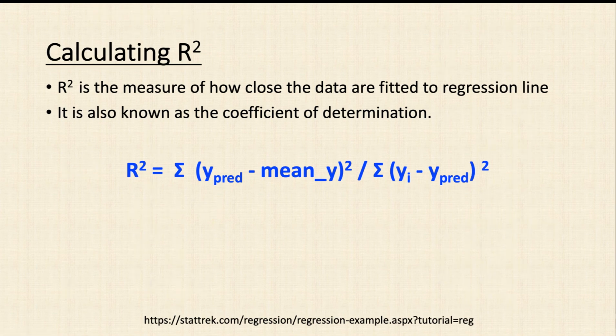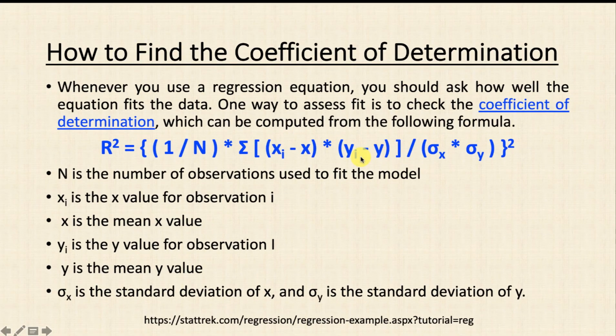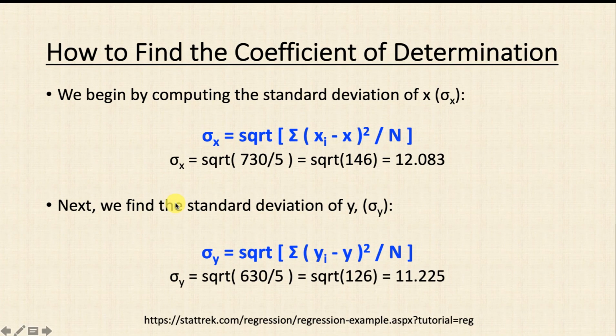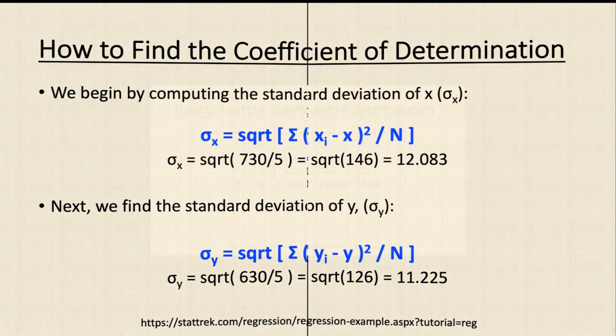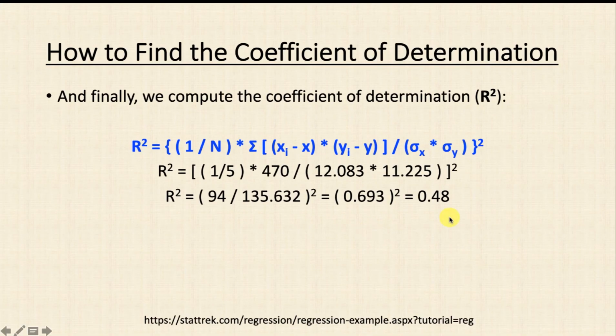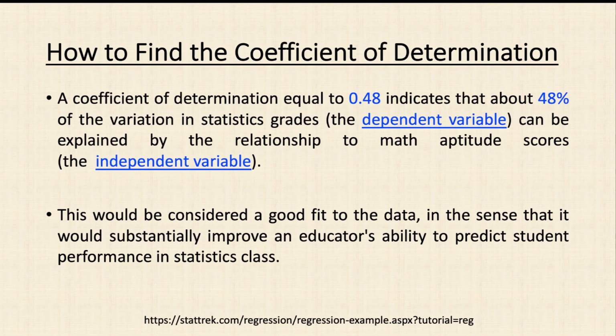Okay, now you can calculate the same with the use of this equation, right? So later on, when you watch this video, you can go through this particular equation, where I have put in all the values step by step and calculated the value. So the final best fitted value is 0.48, right? This way you can find the predicted value.